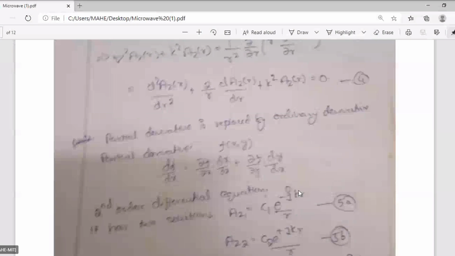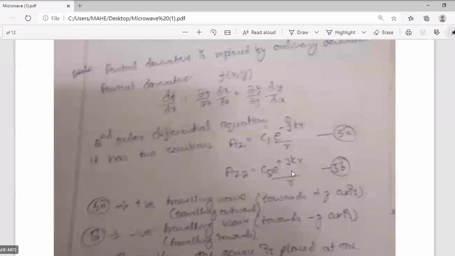C is equal to f lambda, and this k is also beta, 2 pi by lambda. Okay, so one of the solutions gives a wave traveling in the positive r direction. Now another solution is e to the power of plus jkr by r. This should represent a wave traveling in the negative r direction. Negative r direction. So do you think both of the solutions can exist simultaneously?